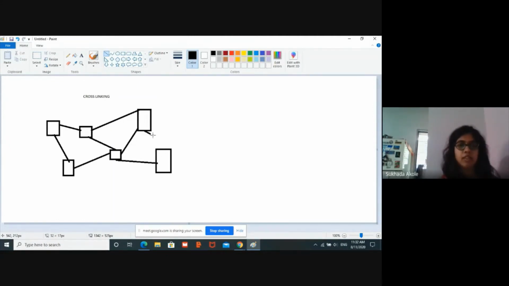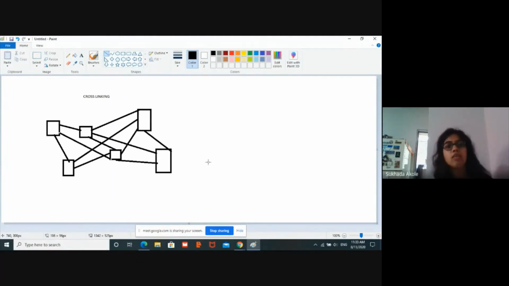And say for example this here, or I take another bond and form it here. I take another one and make a bond like this. So what I have done basically here is that I have made a matrix of enzymes themselves such that now they will not be able to move freely. Clear? So my enzyme 1, enzyme 2, enzyme 3, 4, 5, 6, so on and so forth are cross-linked with each other using a polyfunctional compound.